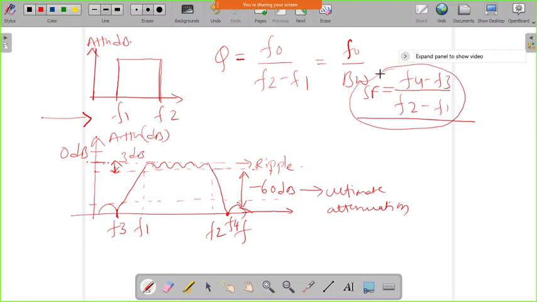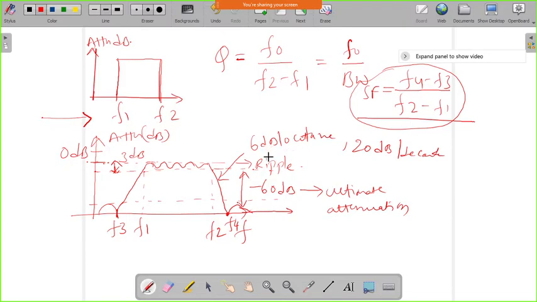So this is the shape factor we can define. The shape of this resonant circuit or filter is decided by these frequencies, and this roll off that we are seeing here is based on the components used to obtain this response. You can have 6 dB per octave. This sharp roll off you are seeing may be 6 dB per octave, or you can take 20 dB per decade. This roll off depends on the circuit components. It may be 6 dB, 12 dB per octave, or 40 dB per decade, like that.